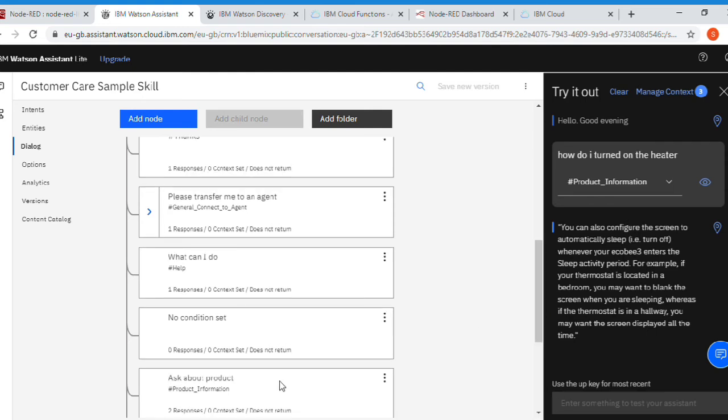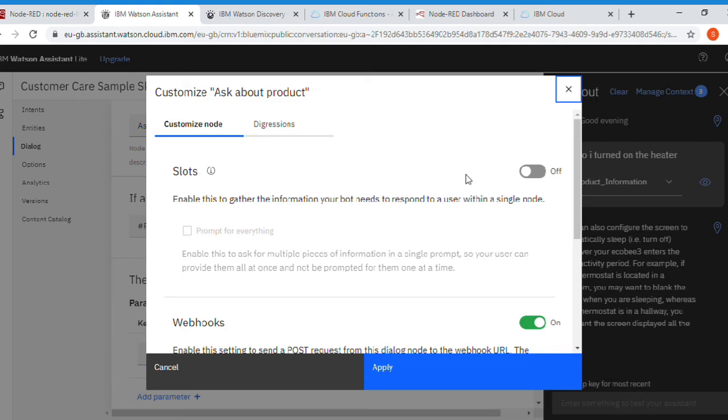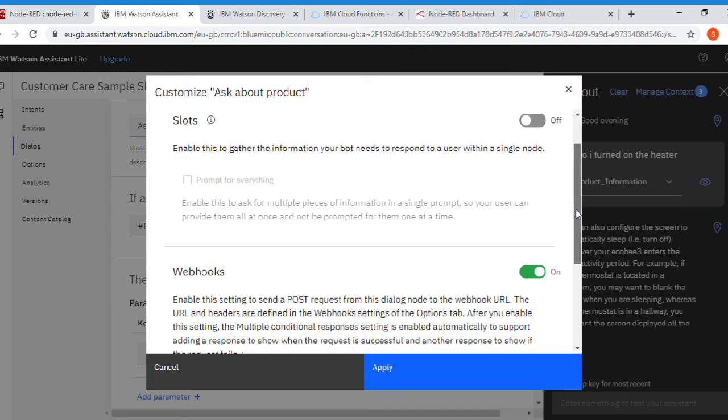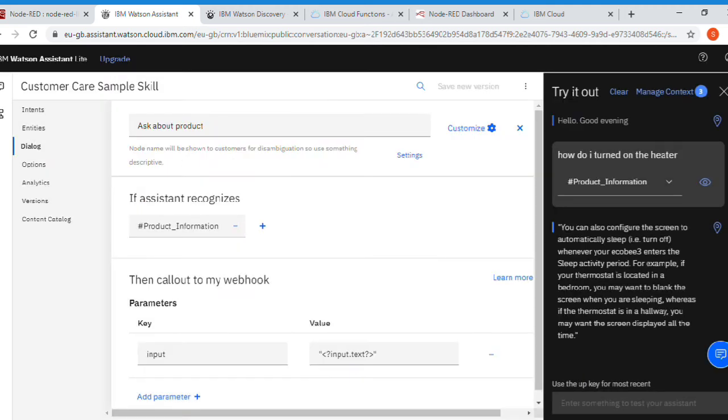So guys, please make sure to turn on webhooks, so it will apply. Otherwise, Watson will not be trained properly, and this will cause a problem.